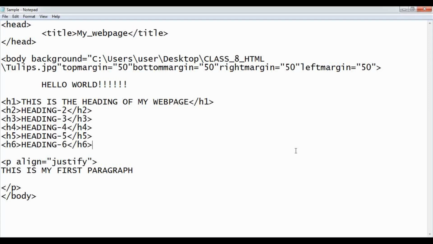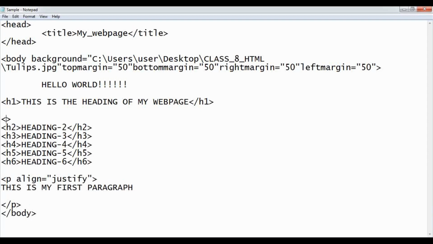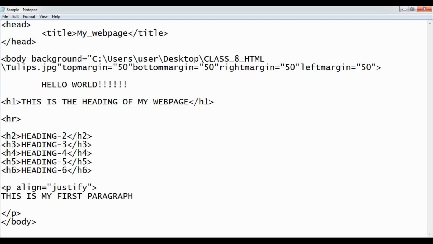Now children, the next tag we will be discussing is the horizontal rule tag. So horizontal rule tag is represented by HR. So this is your horizontal rule tag. Now as the name says, horizontal rule, this tag will be used to draw a horizontal line in your web page. It is dividing your web page into different sections. So now children, as HR tag is only to draw a line and it is not containing any data, it's an empty element. Now let us see how the HR tag works.